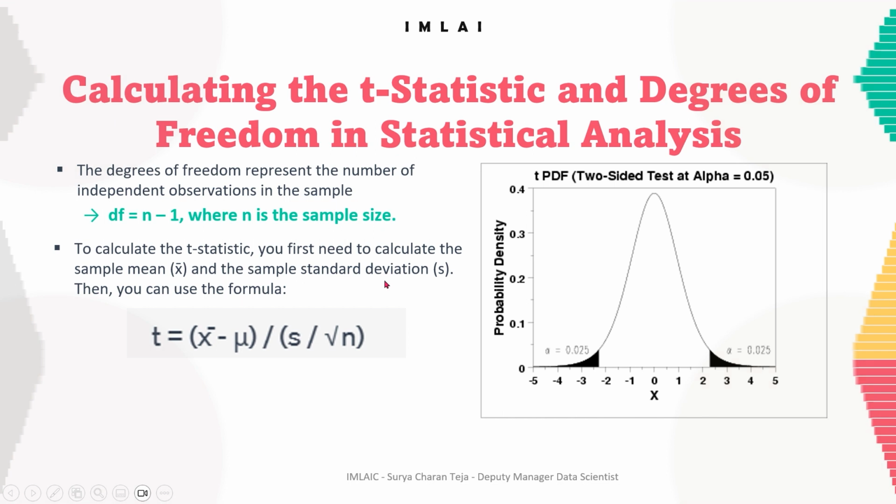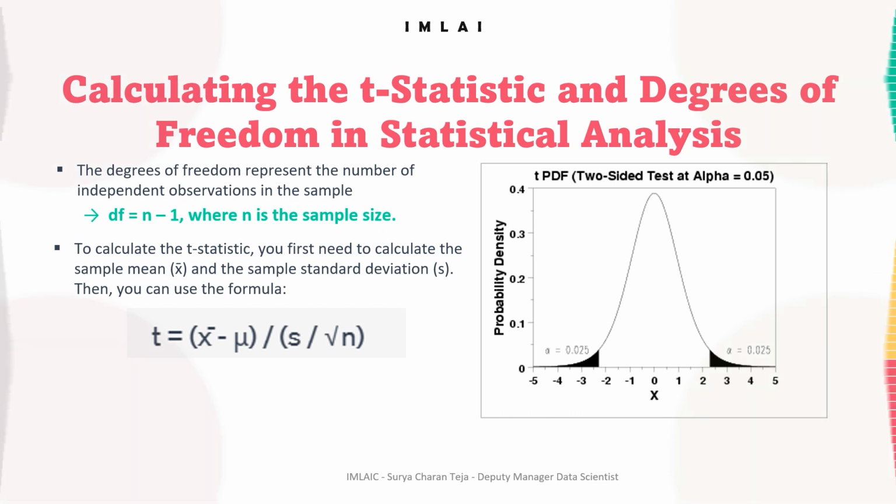Once you have calculated the statistic, you can use a t distribution table or software to find the p-value associated with the respective t-value and degrees of freedom. The p-value represents the probability of observing a t-value as extreme or more extreme than the one calculated, assuming the null hypothesis is true. So for example,